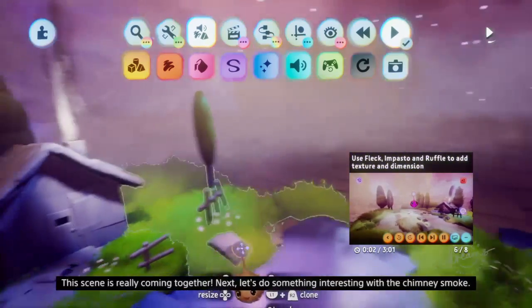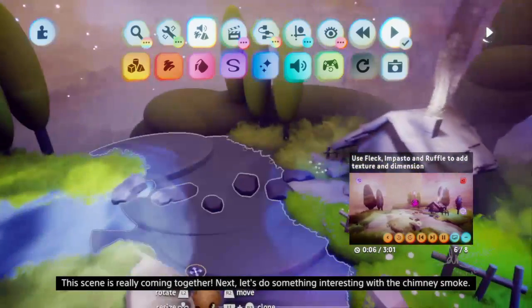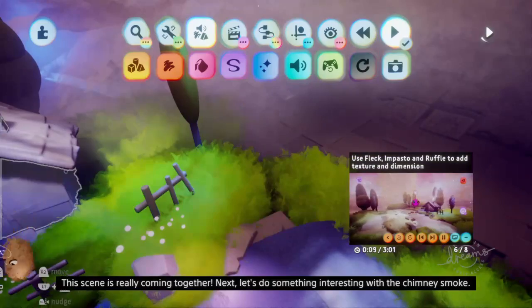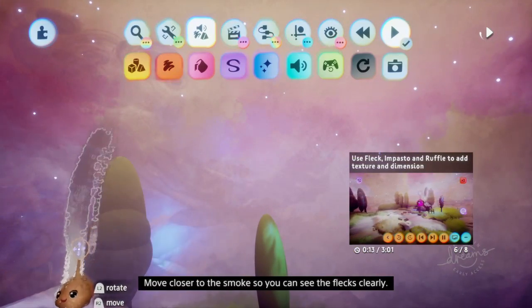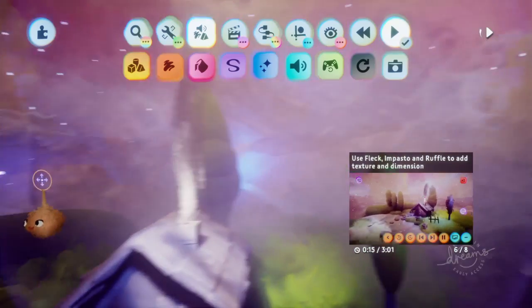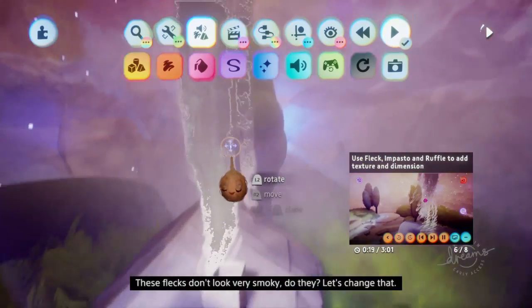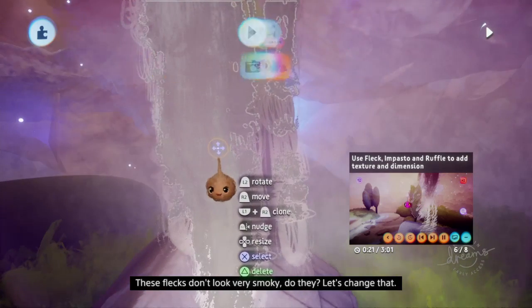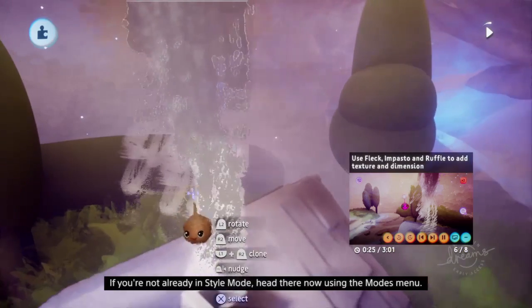This scene is really coming together. Next, let's do something interesting with the chimney smoke. Move closer to the smoke so you can see the flecks clearly. These flecks don't look very smoky, do they? Let's change that. If you're not already in Style mode, head there